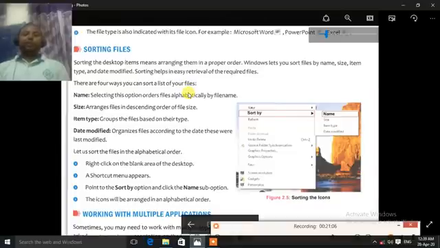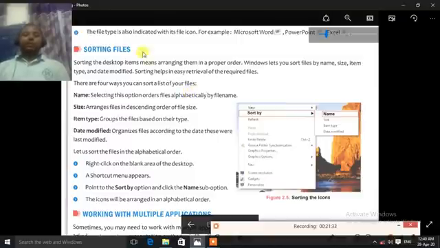But if they are systematically arranged, suppose the files of your school, if they are not separated and stored in different folders according to your class, you would not be able to find them. But when they are stored class wise, you click your class 6th, then your section B or C or D, and then you open your file and can access it. So when the files are systematically arranged, you can easily access them.